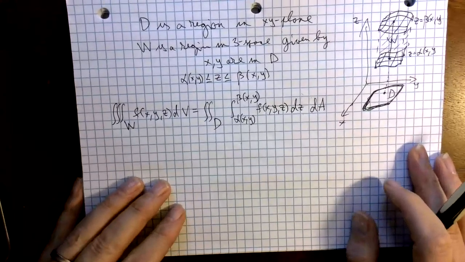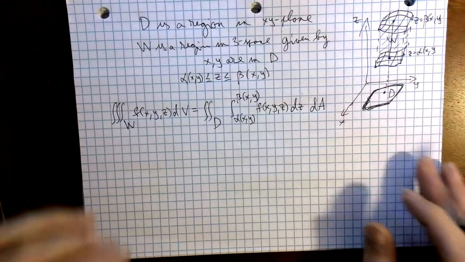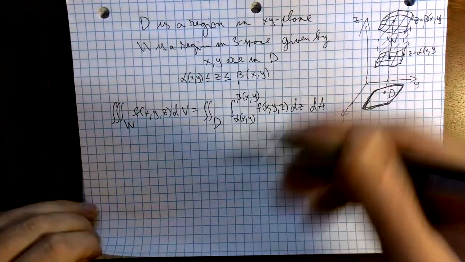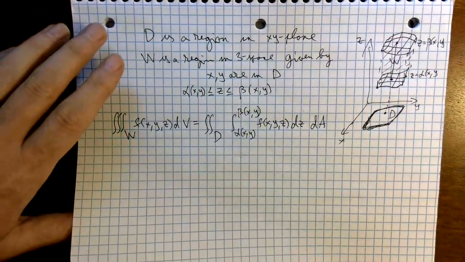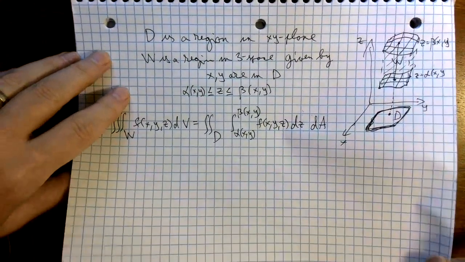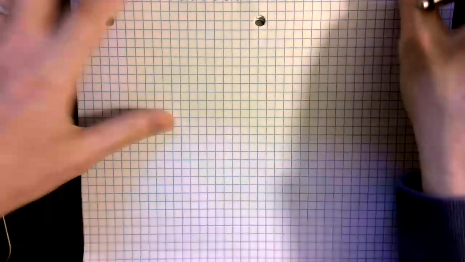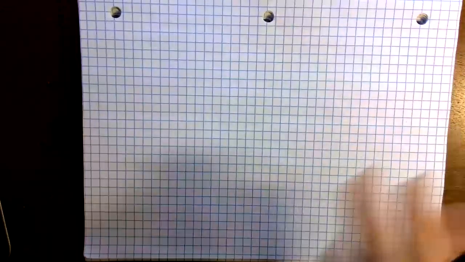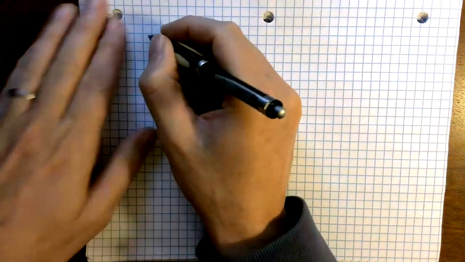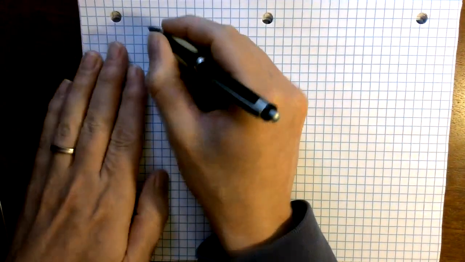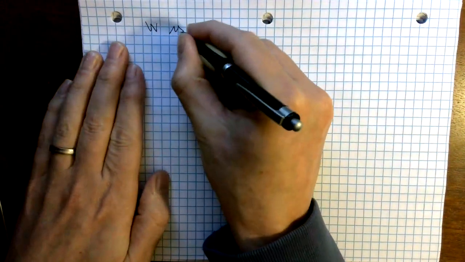All right. So let's look at an example, and let me start a new page for this example, so that we have more space. All right. So let's suppose that what I want to do is, let's suppose that W is given by